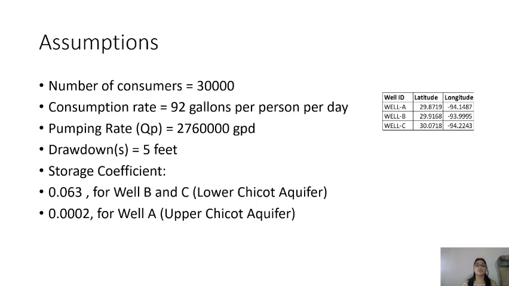For storage coefficient, we looked into some reports of the lower Chicot aquifer and upper Chicot aquifer. Our well A falls in the upper Chicot aquifer region, so we selected its storage coefficient according to the upper Chicot aquifer, which was 0.0002, and for well B and well C, they fell in the lower Chicot aquifer region, so the storage coefficient was taken as